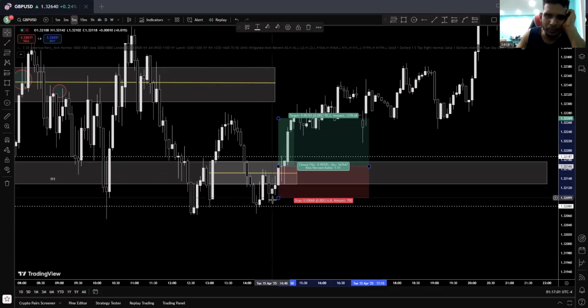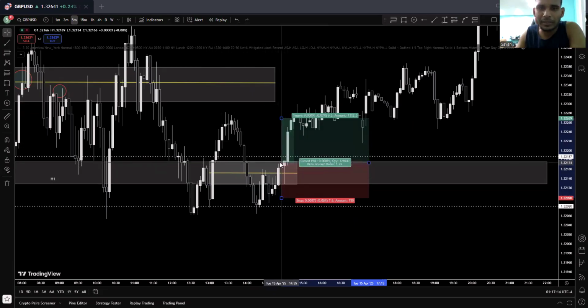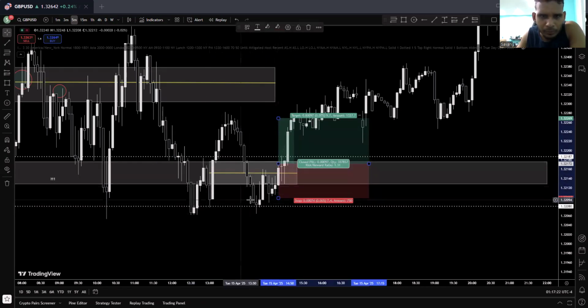flip, but it failed to act as inverse. Again ran through to the upside, come back, keep on rejected inside this range. So entered my position exactly at this area, around this area. Keep my stop below these candles, below this candle to this candle,